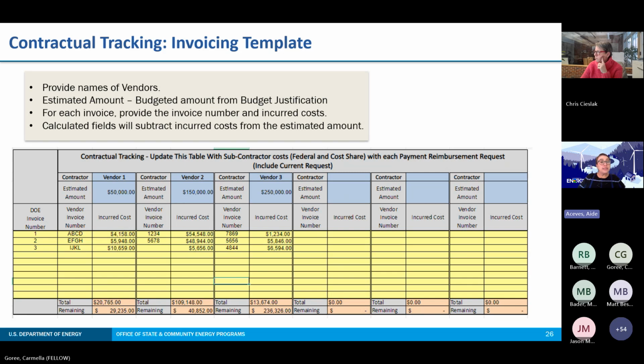For each vendor, you will list the estimated contract amount per your budget justification, and then enter incurred cost per invoice you submit, as shown on the example screenshot, along with the vendor invoice number. The calculated fields will subtract incurred costs from the estimated amount and show the remaining balance of the estimated budget amount per vendor. Next slide, please.